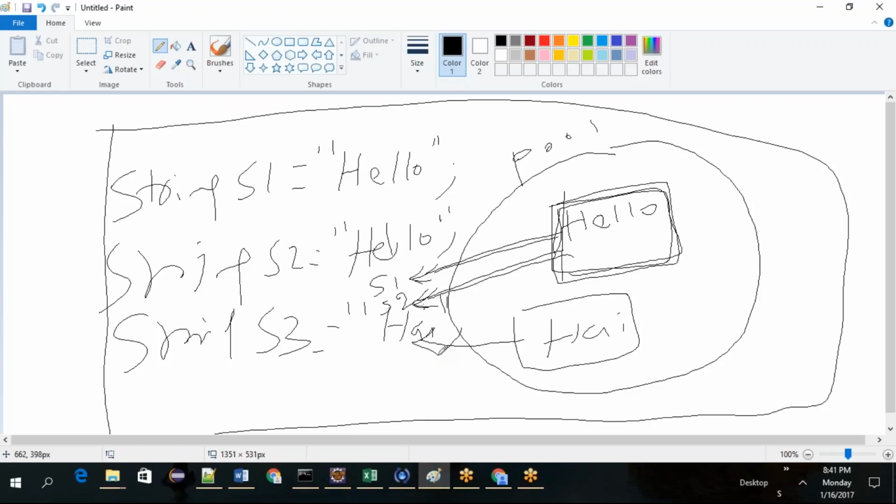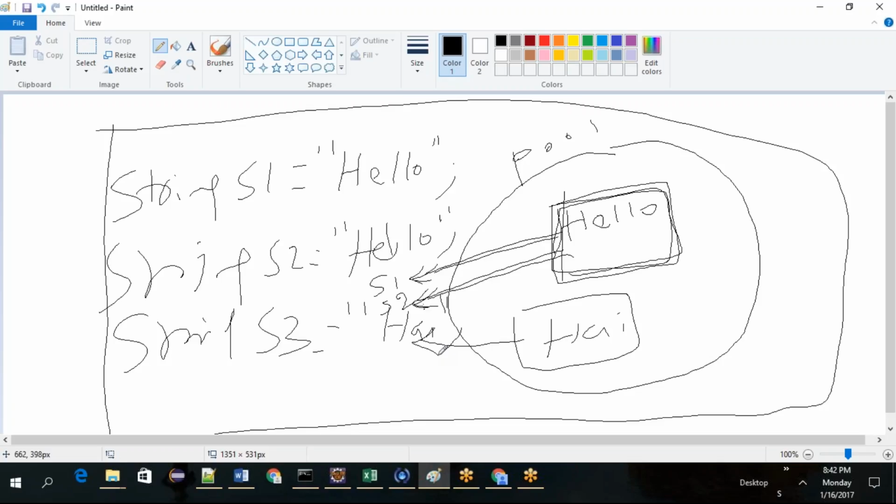When you create a string object without the new operator, what will happen? The JVM uses the string constant pooling mechanism. That is, when string constants are available in the pool, in this case hello, the same constant address will be assigned to the reference variable. It won't create another new string object.